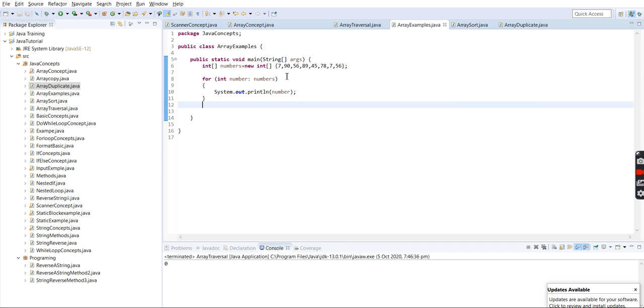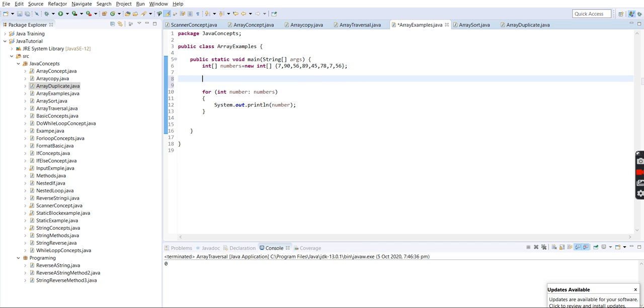We can change the value at an index. We can change the element at index 1 from 7 to 6. We can change, but we cannot delete that value. So number 0, index 0 holds 7.